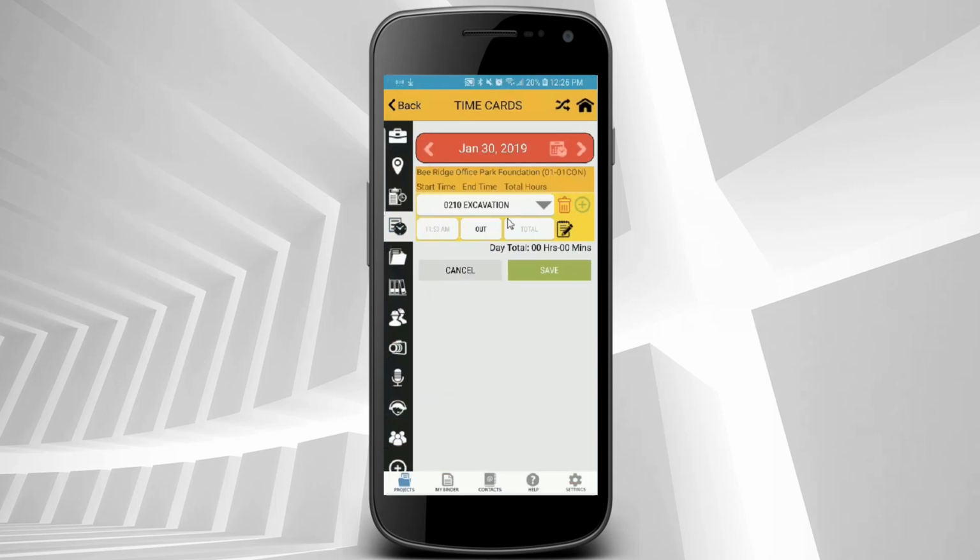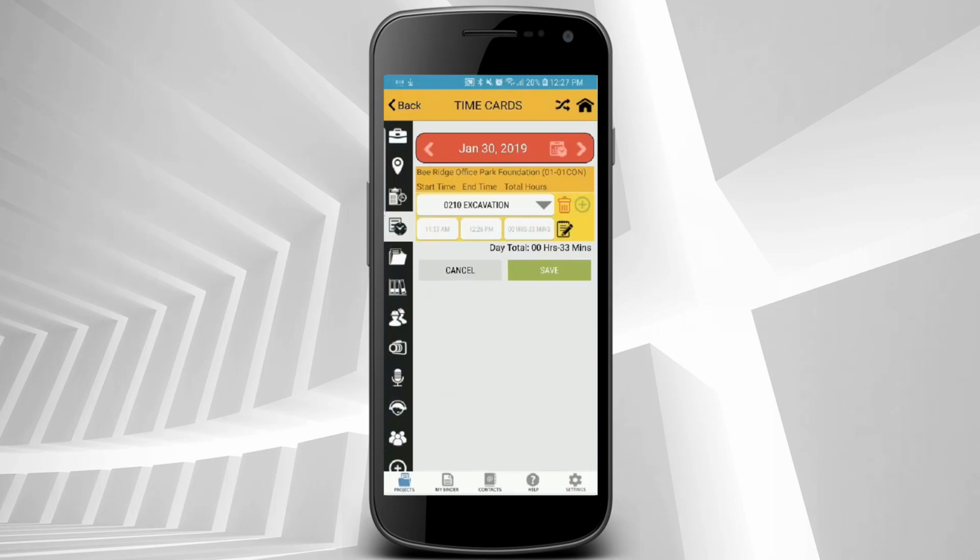So you can see I came in here, I clocked in at 11:53. I'm going to go ahead and clock out now, and you can see that the system knows that I was here for 33 minutes, right? So a really nice way to make sure that people are being held accountable to the hours that they are recording and submitting to you for pay.